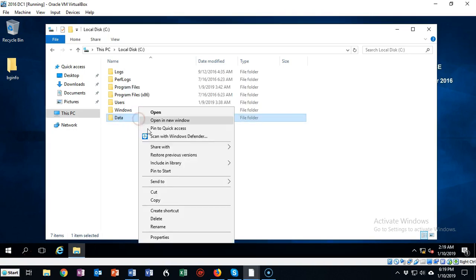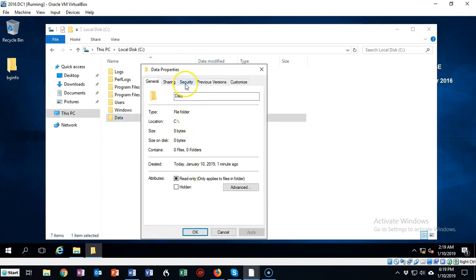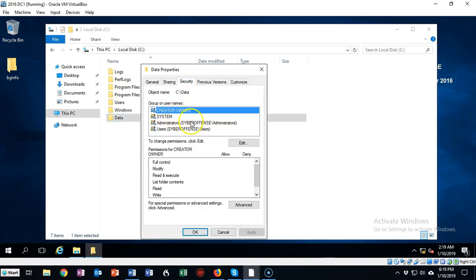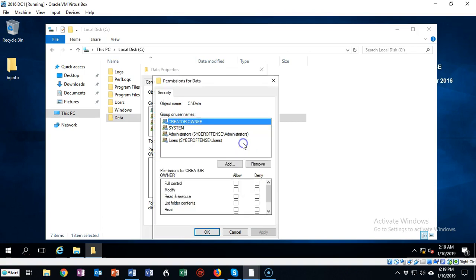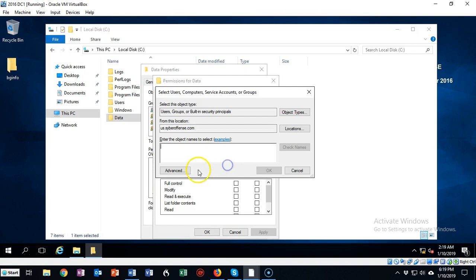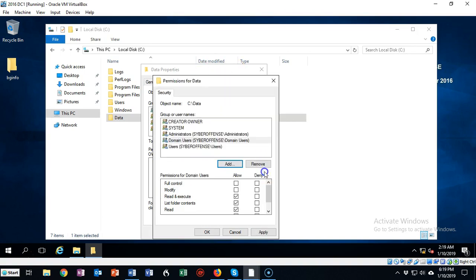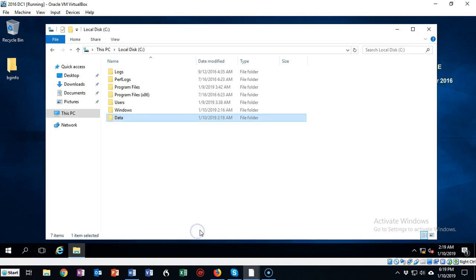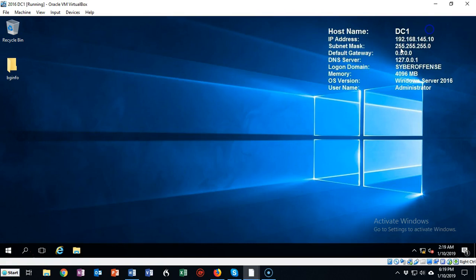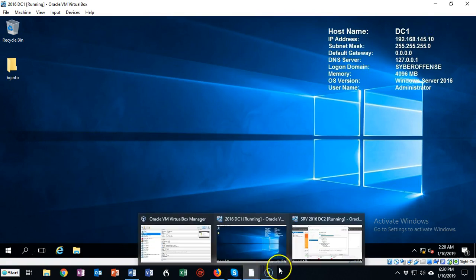Now I'm going to right click, go back into Properties. I'm going to go into the Security tab, and I'm now going to add the domain users. So I'm going to click on Edit. I'm going to click Add. From here I'm going to type in domain users. I'm going to search and say OK to that. I'm going to make sure my domain users are selected, and I'm going to give them full control. I'm going to say Apply, say OK, and then say OK. Close that out. I'm now going to return over to my other domain controller, DC2, and I'm going to do